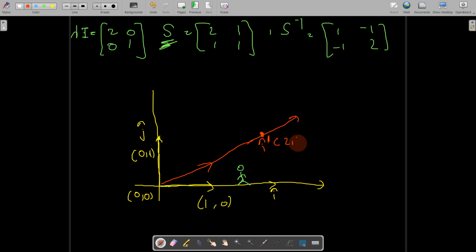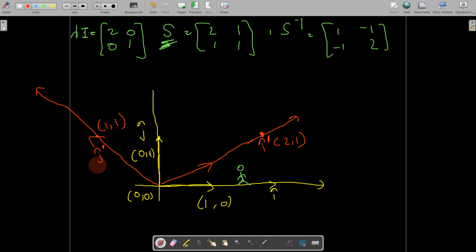And for the j cap, every distance you are measuring from the original yellow coordinate system. You are standing on the original coordinate system and measuring all the distances. And this will be your j cap dash. When you see the distance of this red vector j cap dash from the yellow i cap and j cap, the coordinate comes out to be 1, 1.